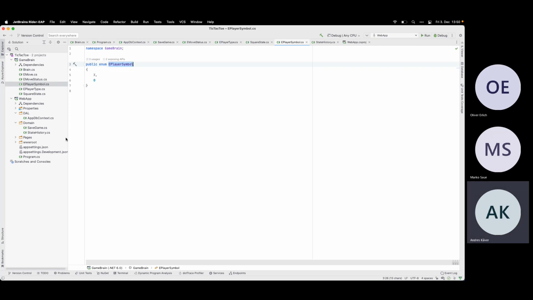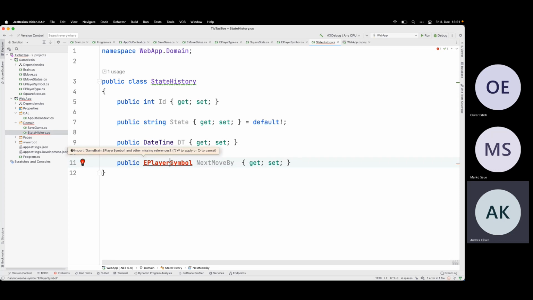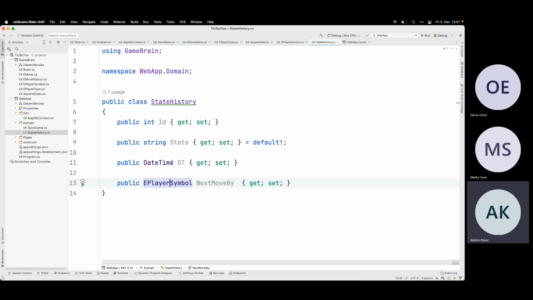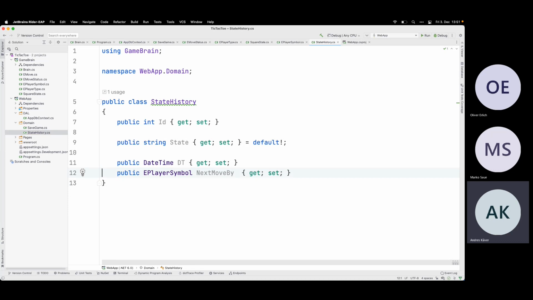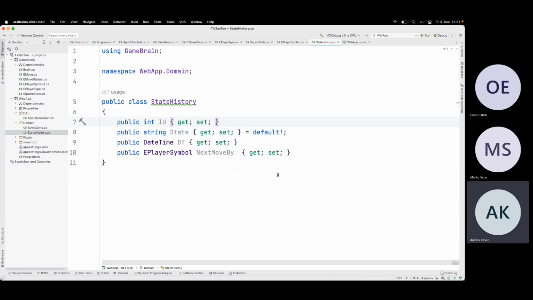Okay, then I can just save the board and nothing else. So next move by. And this definitely references the save game.